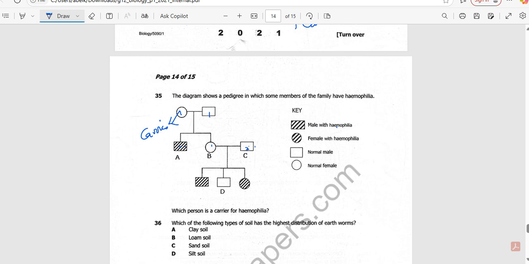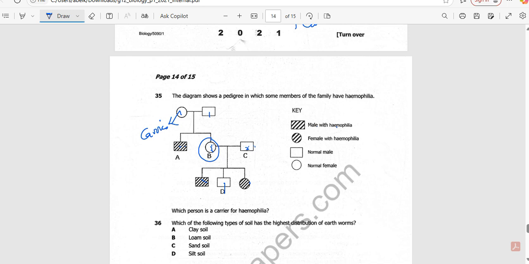So a male child who was normal marries this one. Again, they have people with hemophilia. So this one was also a carrier. This one was normal. Then this is male. So male, there is no carrier. So this was a male, normal, and a hemophilic male, then also a hemophilic female. So B was a carrier, because a carrier and a normal one are the ones that can produce hemophilic and